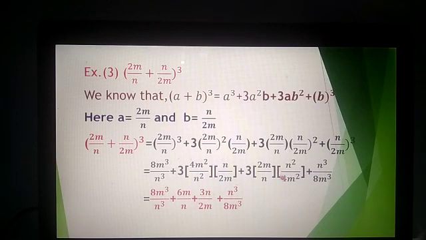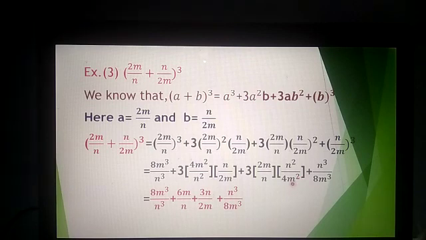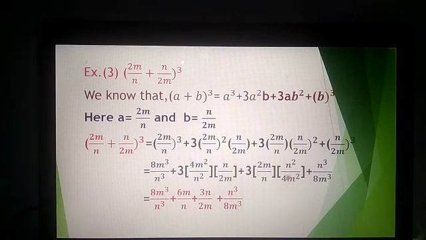Plus here in this term again this 1m and this 1m get cancelled. So in the denominator 1m will come and this 2 is cancelled with 4. So here 2 will come in the denominator, 2m will come in the denominator, and what about n? 1n and this 1n get cancelled in the numerator, 1n will be left and 3 will be left. So 3 multiplied by n, 3n upon 2m, plus here n cube upon 8m cube as it is. In this way solve this sum accurately, okay, and do the examples correctly.